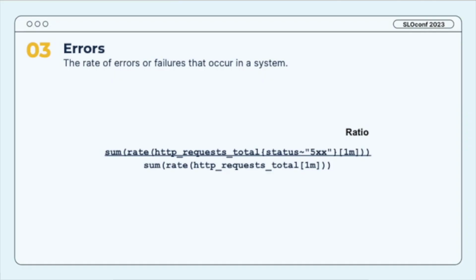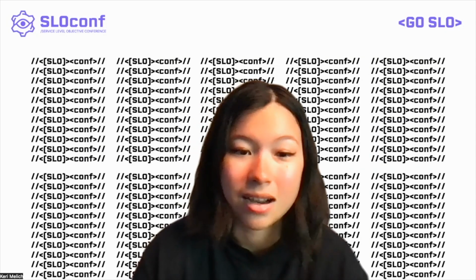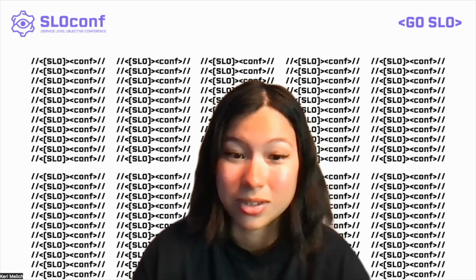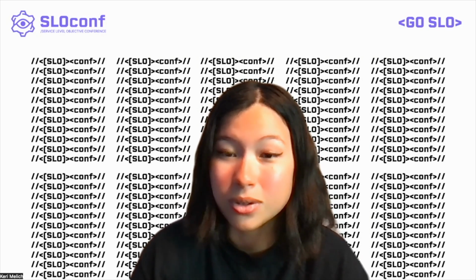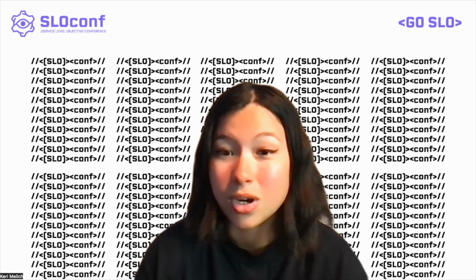All right, so with this SLI, we're going to be measuring the rate of errors. So for example, if we take gmail.com, which is within the Google Workspace, and we take this Prometheus query, we can measure the rate of HTTP requests that match a 500 status code, which would be like an internal server error. And we're going to divide that by the total number of requests. And this is over a 60-second period, 1 minute. So for example, if we had 10 errors that matched the 500 status code and we had 1,000 requests total, we know that that would give us a ratio of 1%.